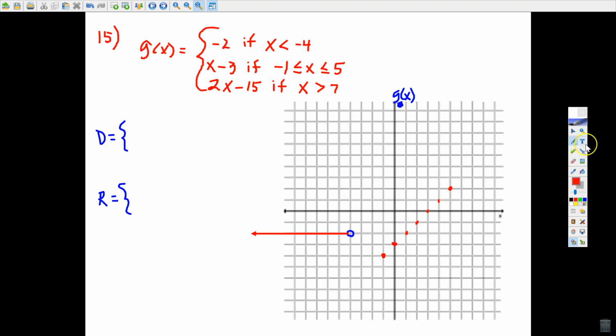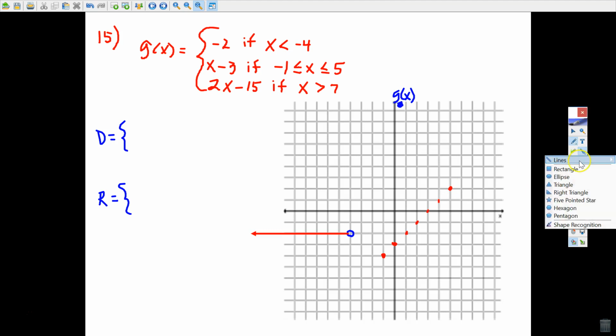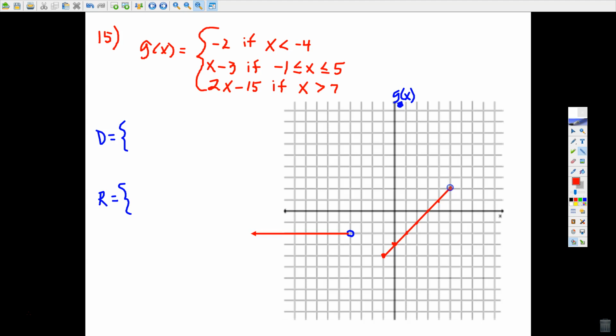And so now we just take our ruler, and this is just going to be a segment, and we're going to draw a segment that includes just those points, showing a restricted domain, limiting the values for the x-coordinates on that line. All right, 2 down, 1 to go. And now let's look at